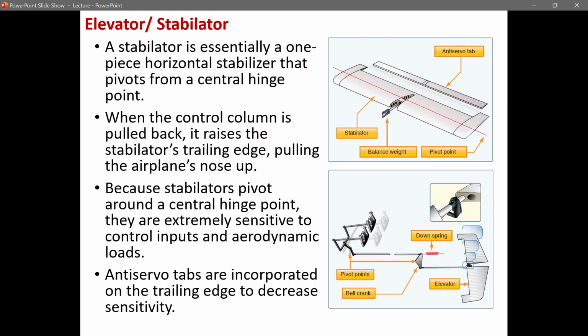But the elevator or the stabilizer here is a one-piece horizontal stabilizer. So all of it is on one piece. It's not like the wing that is installed at the two sides of the fuselage. It is just one piece at the tail of the aircraft that pivots from a central hinge point. And when you pull back your